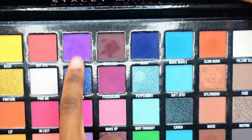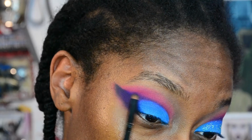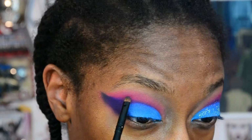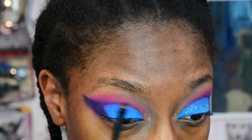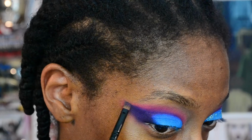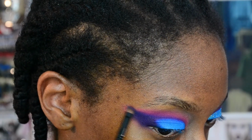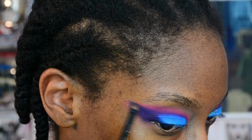After all that, we're going back to Wasted because, girl, where did you go? We lost you through the purple and the blue, and we lost the purple. So we're going back in with a detail brush because I want this to be more of a packed on area of the purple. I really want it to stand out, so that's why I'm using a detailed brush, so that the intensity is there